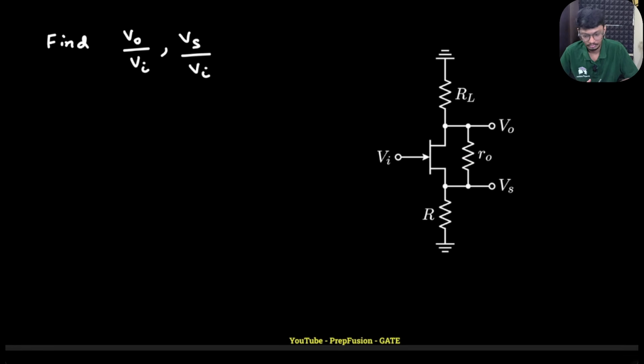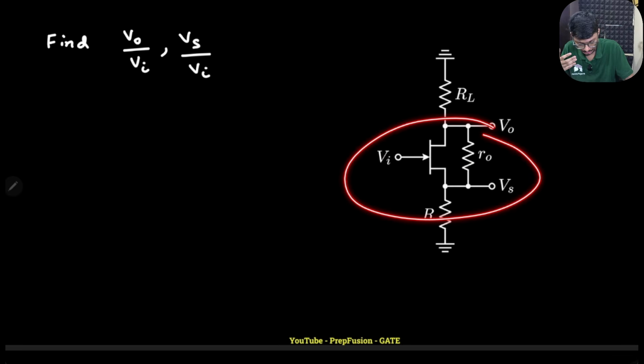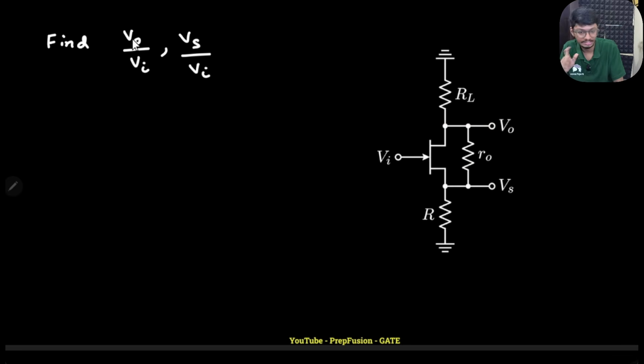So in this video we will solve this interesting question that one of our students sent in our WhatsApp group, right? So here we have this MOSFET circuit and they are asking us to find the voltage gains. These are small signal voltages, everything is small signal here. They're asking us to find the ratio of VO over VI and VS over VI,